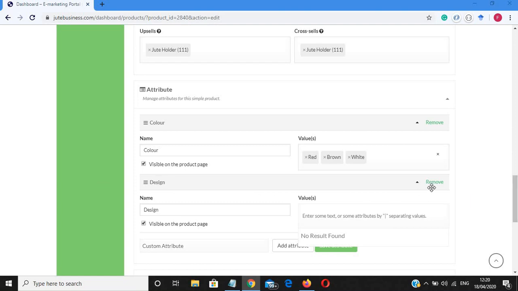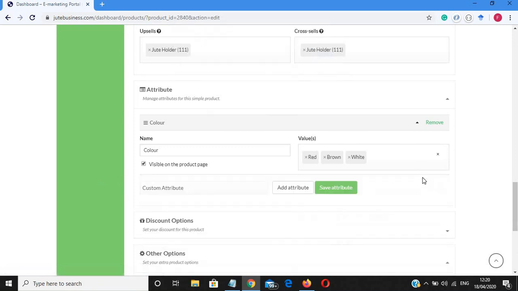But I don't want this design attribute, so I am removing it. I have only the color attribute. So this is in 3 categories, and I am saving this attribute.